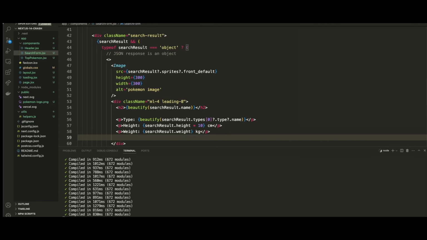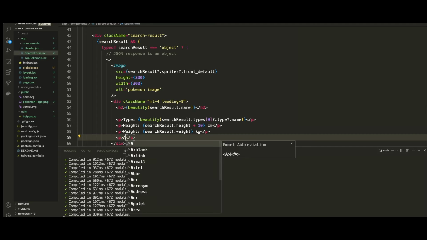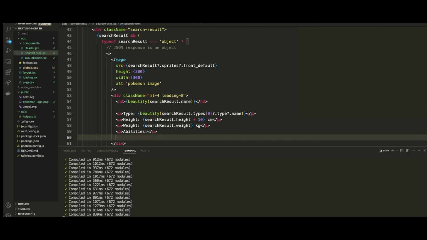All right. So now the next will be the abilities. All right. So for the abilities, I'm going to just render this as a list, an unordered list. It won't have any styling to the list, but I'm just going to render it that way, so that way